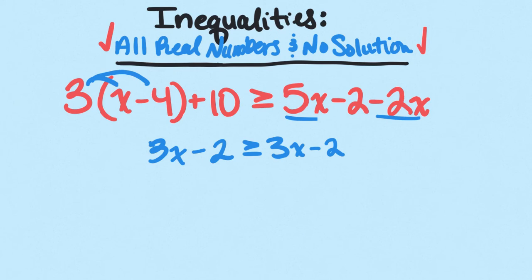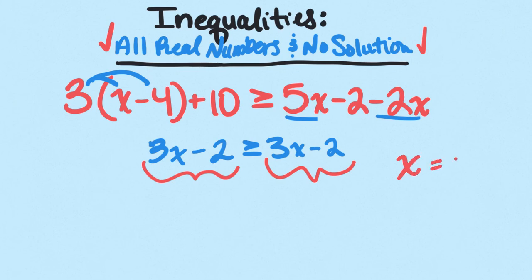Since we have the same thing on both sides, like with the 3x minus 2 is greater than or equal to 3x minus 2, no matter what I plug in for my variable here and here, my left side is going to be equal to my right side. And now that's okay. And the reason that's okay is because we also have the equal to portion of our sign of inequality. So no matter what we plug in for x, so for example, let's say that we want